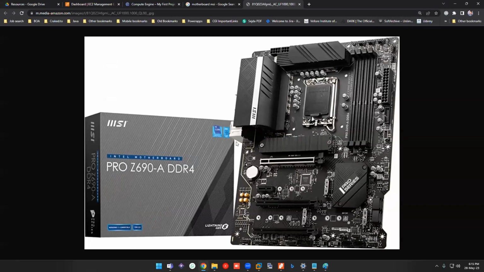There are a lot of manufacturers, and it depends on your laptop vendor and who they rely on. In my case, I am using my personal computer with an MSI motherboard, not the same version, a different one.